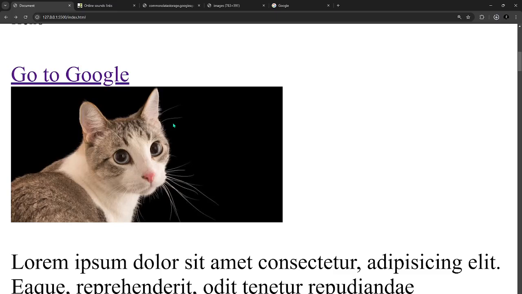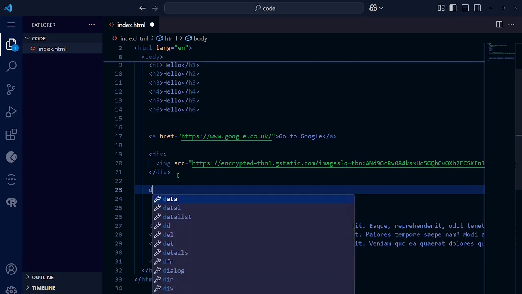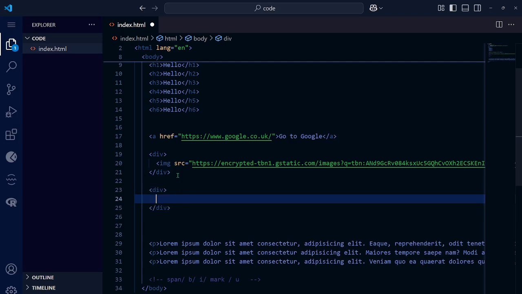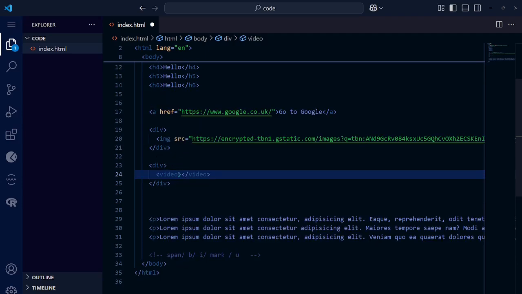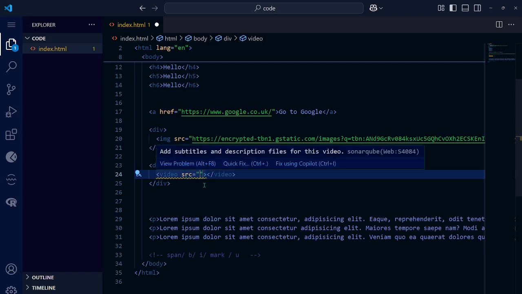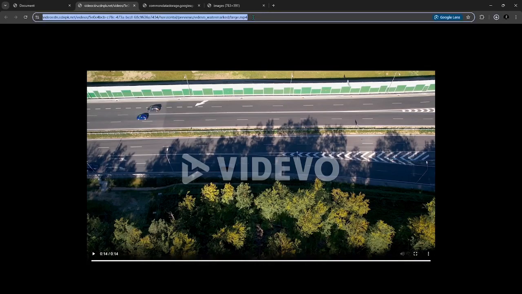Very simple, right? Okay, let us now add a video. As usual, div tag. Then we are going to use a video element. Let us just add that element here. Then we need to add the source to our video, src. The source is basically the link to that video. It's the same as src in this image element. So there is a video that we have here. So copy this URL